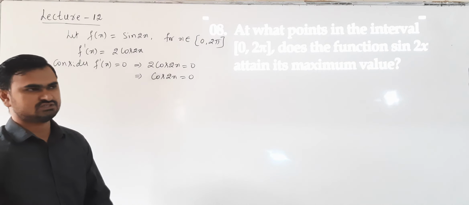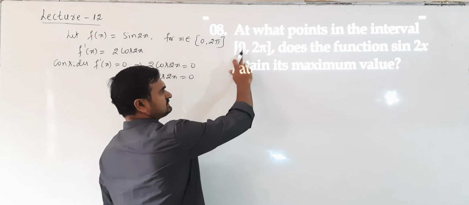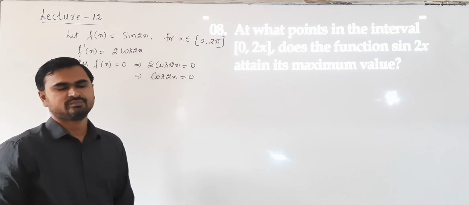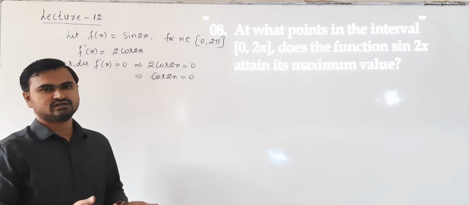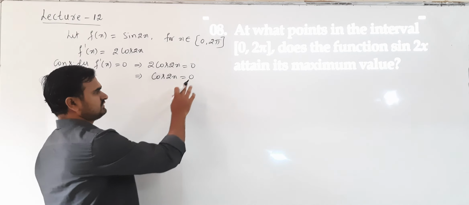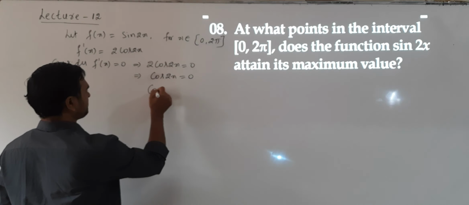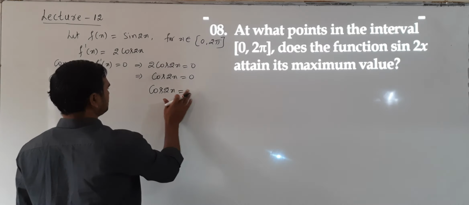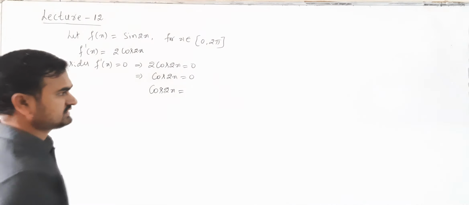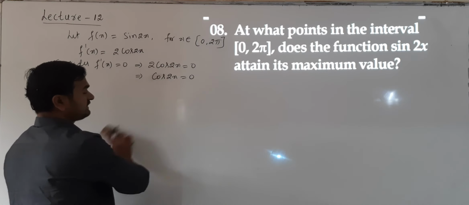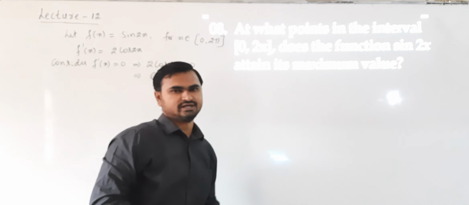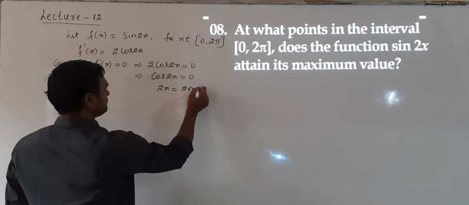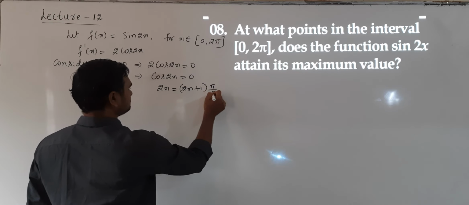No. We write the general solution because x lies in 0 to 2 pi, so 2x lies in 0 to 4 pi. So 0 to 4 pi is 2 revolutions. So we get more solutions. Okay. So don't take only one solution. Let us take the general solution. I write the general solution and then see what values of x we can take in this given interval. Okay. So cos 2x is 0 means 2x is odd multiples of pi by 2.